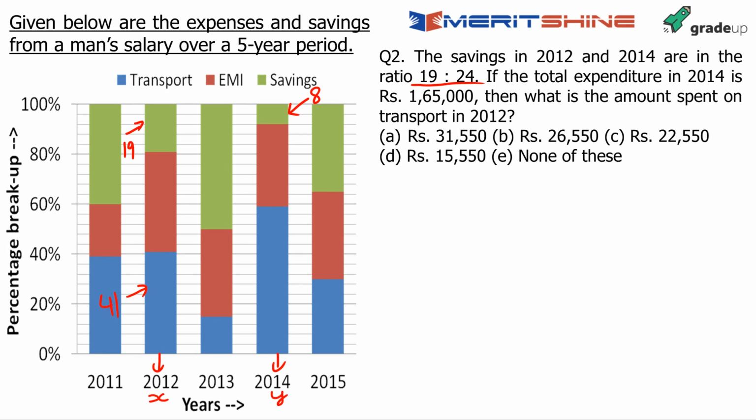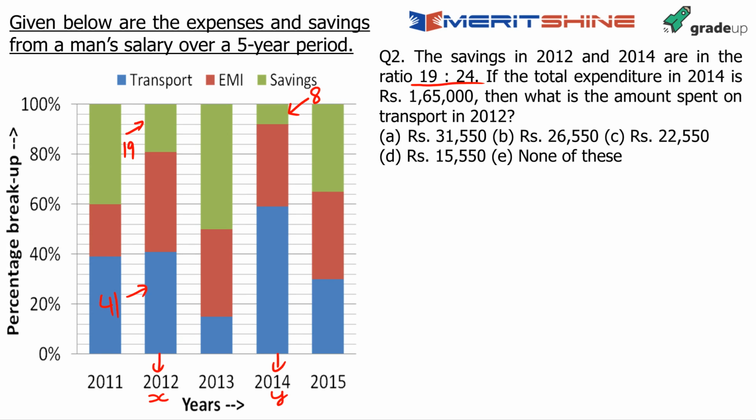Okay, I am starting to solve it gradually now, slowly. Let's assume the salary to be X for 2012 and Y for 2014. I am still reminding you this is not the approach that I follow in exams. I am using it to explain it to you. Once you get proficient in this, then you can eliminate these X and Ys and start dealing with them directly. This is just to understand the approach. Look at what is happening.